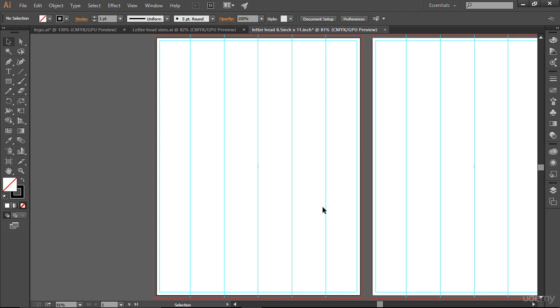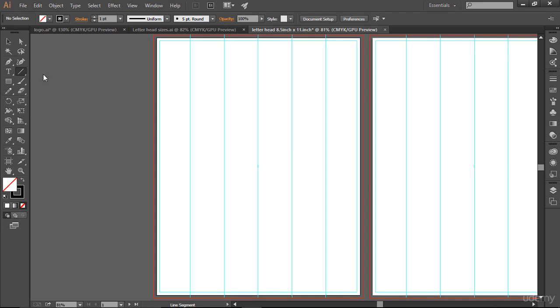But now what I want here is to place another half inch from the top and from the bottom. So I'm going to place all my information below that half inch, so it's going to look really awesome. I will show you what I mean when we create the actual letterhead. For that, I'm going to grab this particular line here, and